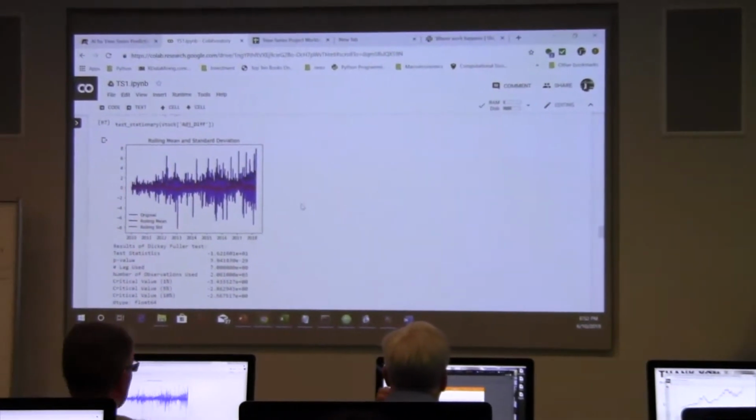Let's see. I have a question. Yes. How do you get the p-value? Sorry? How did you arrive at the p-value? There's a test for that, the ADF test, and there's a theory behind that. Okay, but is 0.9 significant enough?